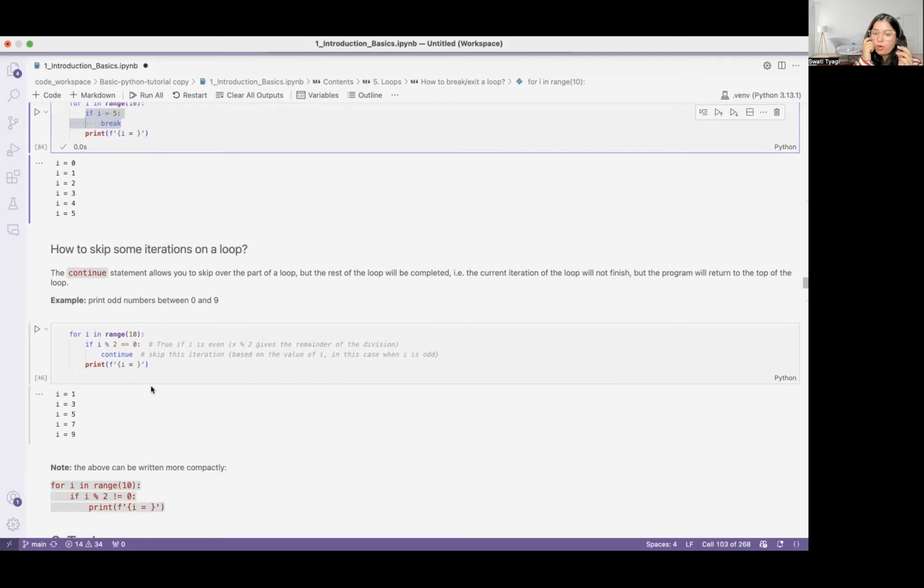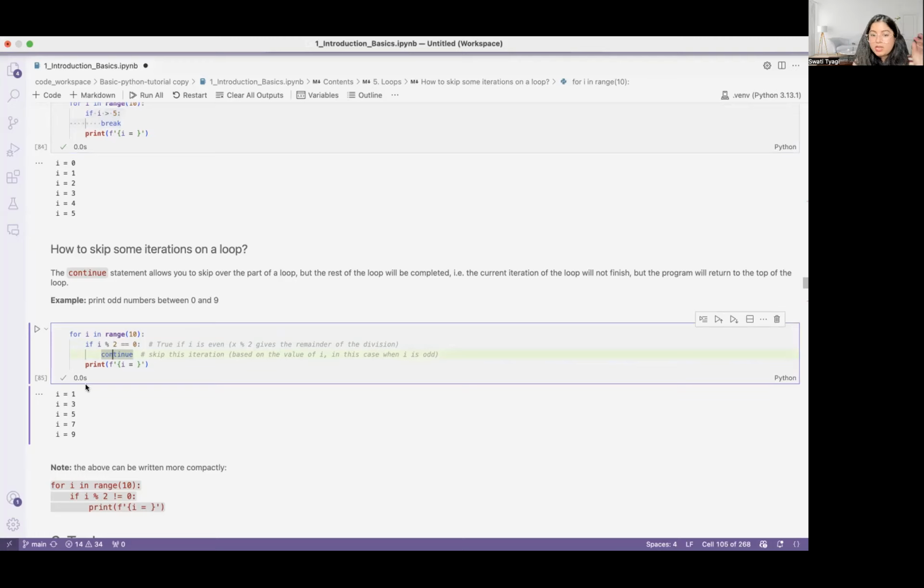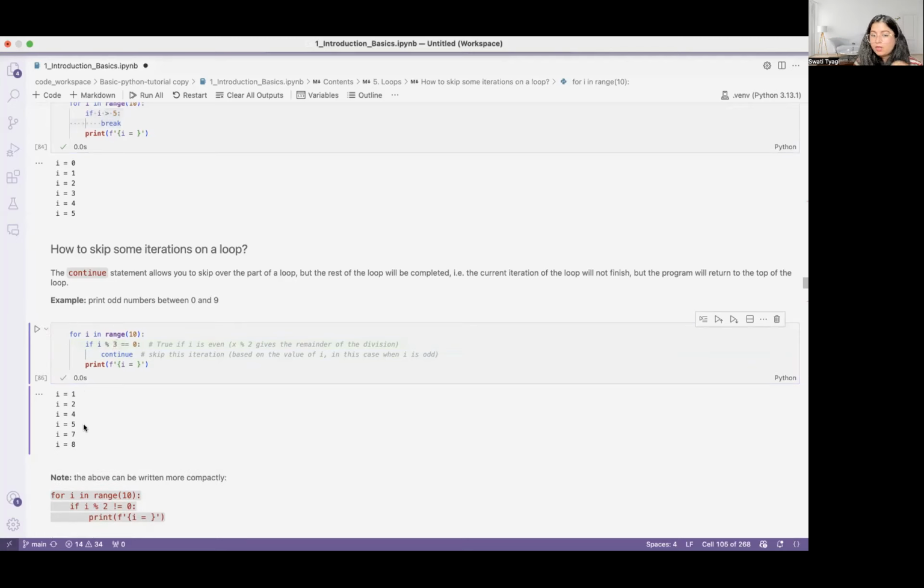Now coming to the continue. If you want to skip some of the logic based on a certain condition getting matched. So for example, if i is an even number, how do you calculate an even number? If it is divided by 2 and the remainder of that division is equal to 0. If a number is divided by 2, then the remainder will be 0, otherwise it is an odd number. So currently, if it is an even number, then it will skip those entries and it will print all the odd numbers. For example, if we want to skip the odd numbers and print all the even numbers, it will be able to print